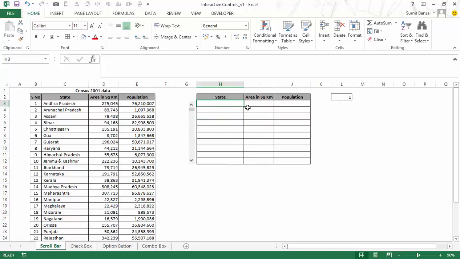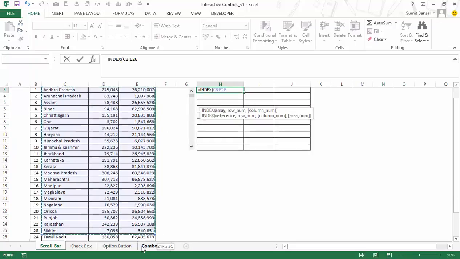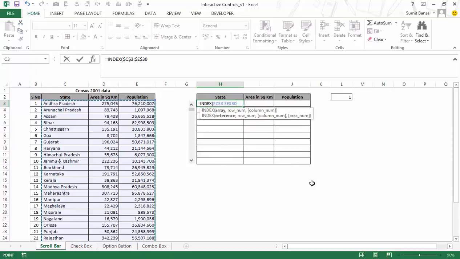Now let's get started by populating the data here, and I would use this cell link to create a formula so that when I change the scroll bar the data also changes. So here I would use an index formula and I would select this entire data set. I would hit F4 to lock it,